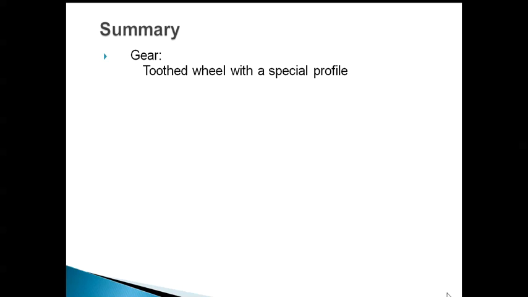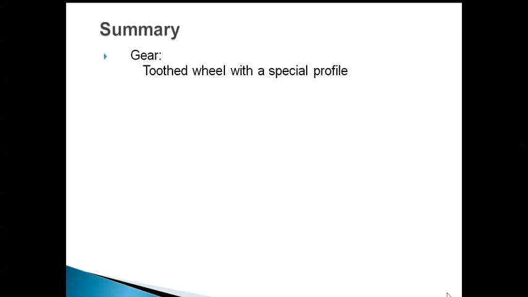So this is about the gears. In this, we discussed generally what a gear is. Gear is a toothed wheel with a special profile. Generally, drives are used to transmit power from one shaft to another shaft. Like the power will be produced at some source, the engine or prime mover, and we need to use that power at some output place. To transmit the power, we use a number of drives. Generally, we use belt drives, chain drives, and gear drives.